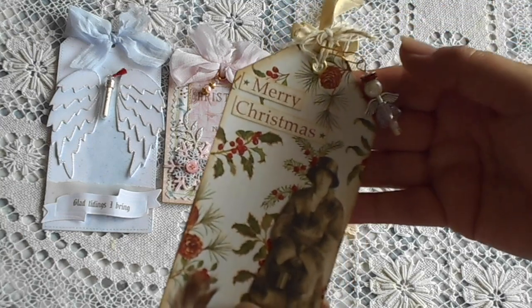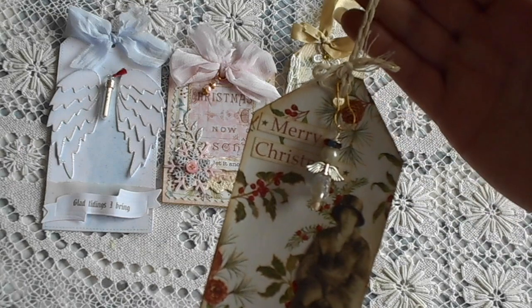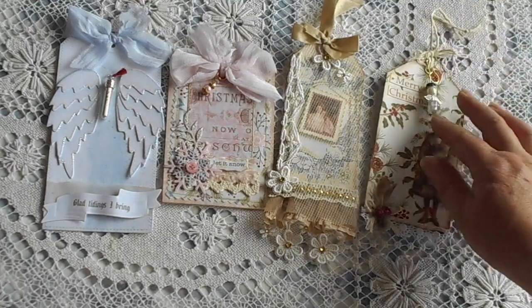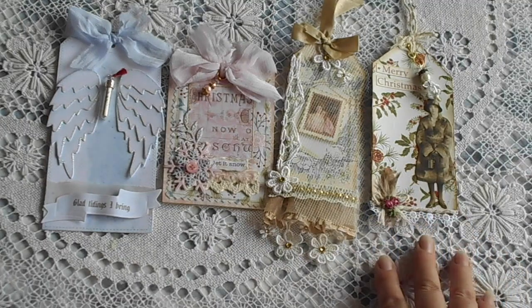and says, of course, Merry Christmas, with some nice Christmassy gold trim string on the top, which is gorgeous. Thank you very much, Lynn. I do appreciate that. And I think that I was very lucky that these all managed to fly in under